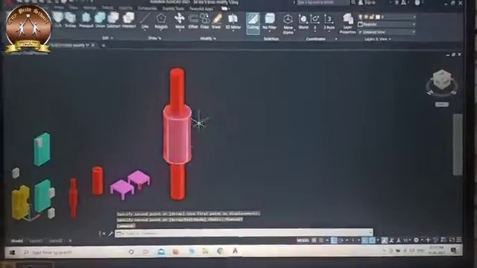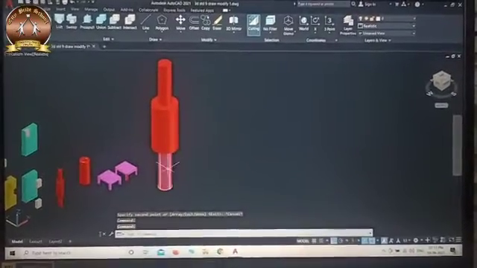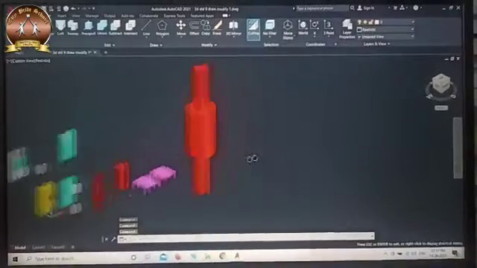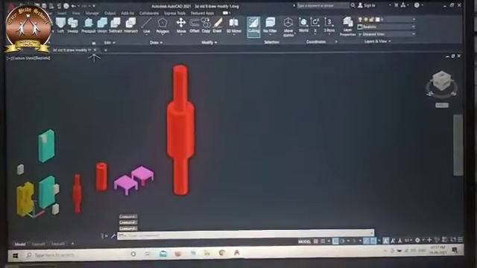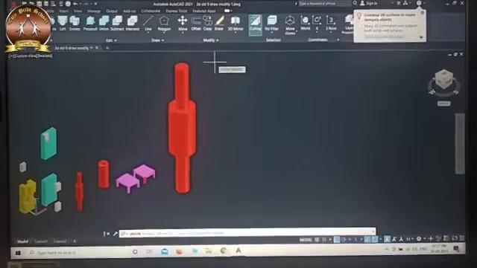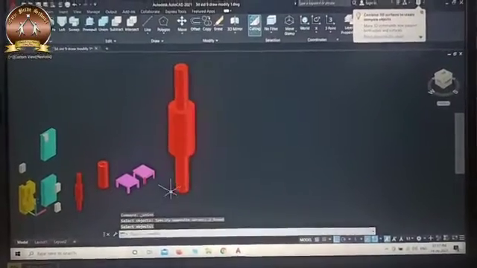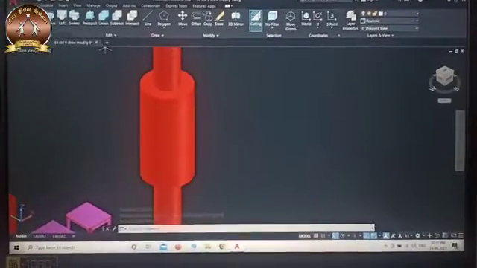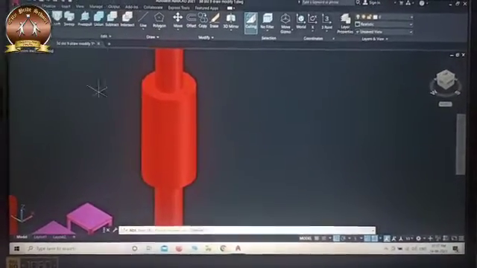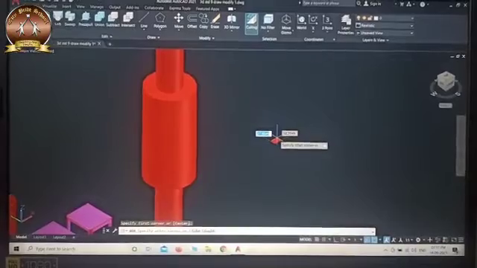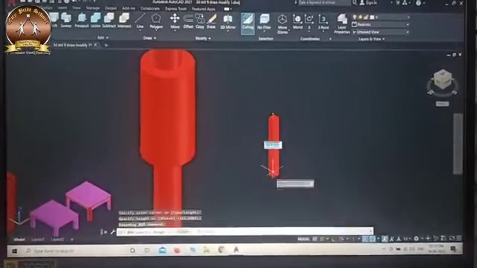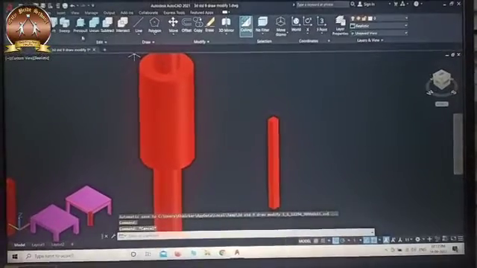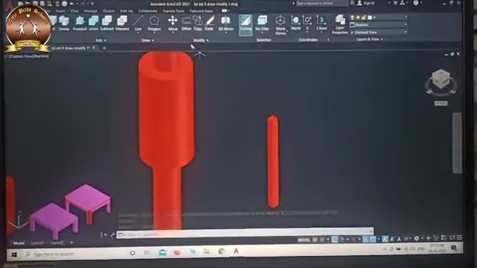So this is your copied cylinder. Now this job and this job are the same. Now union this. For making union, select all jobs by cross window. And now for making a slot, suppose you have to make a keyway, what will you do? You will take a rectangular shape. Click and drag, just drag. Now move this rectangular job.